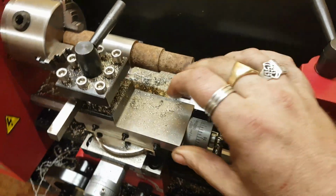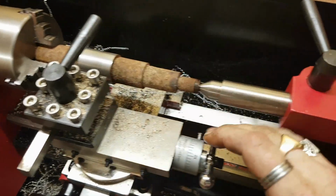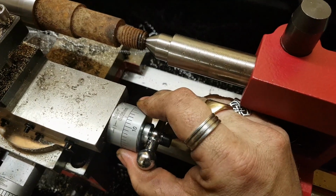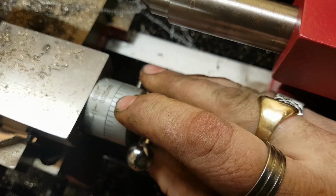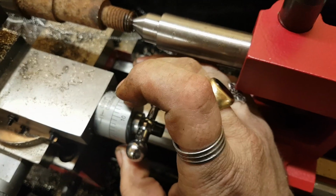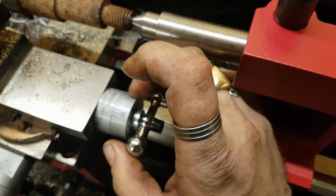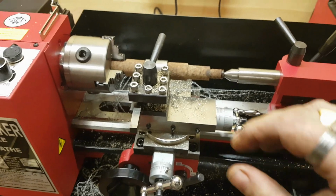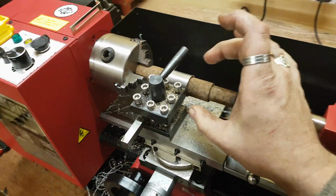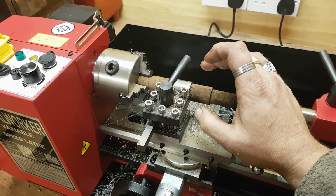If you're going in and you want an exact measurement, and you're at a certain point and it's between the lines, you want to be able to turn that dial to a number, say to 0. If you're doing a wider diameter and you want, say, a 2mm pitch thread,